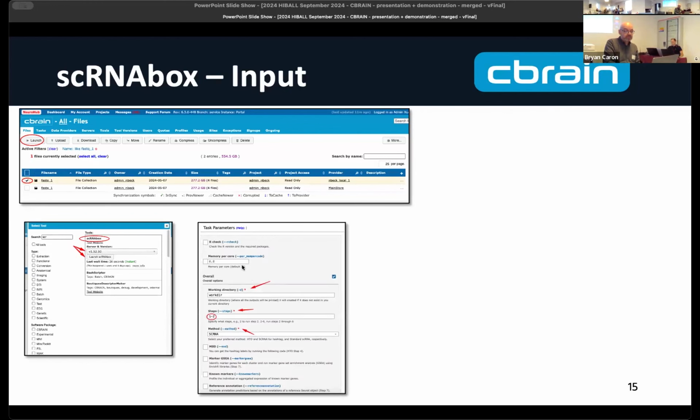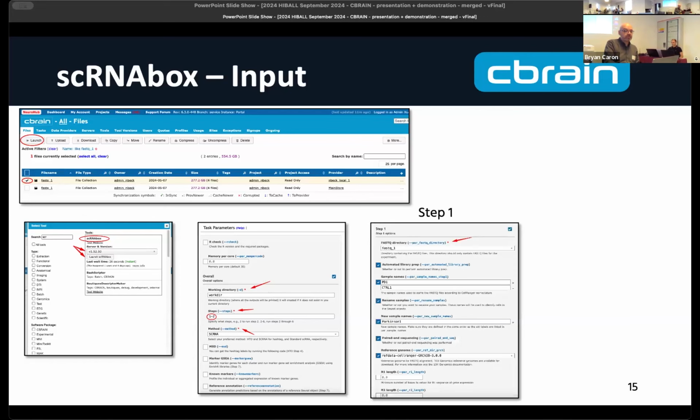Once you find it, so in this case it was scRNA box, the nice thing is, because of this Boutiques descriptor that I talked about before, it pre-populates the information. Anything that you would normally have had to figure out on the command line, where you might be missing something, like putting 2 dashes instead of a single dash, is all taken care of through the web interface. So things that are mandatory are very clearly marked. If there are a variety of options to choose from, those are accessible from a drop-down menu, and you can pick those accordingly.